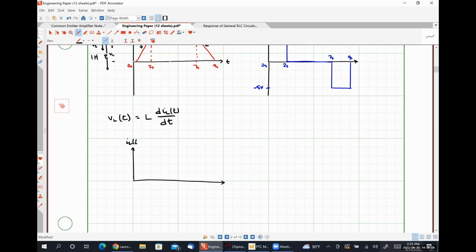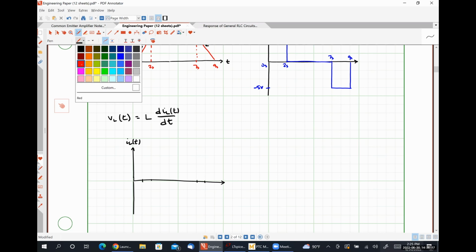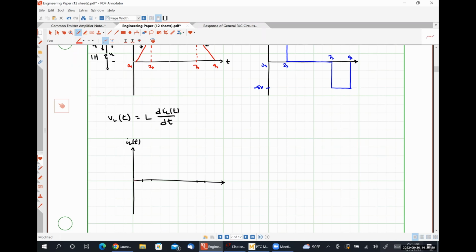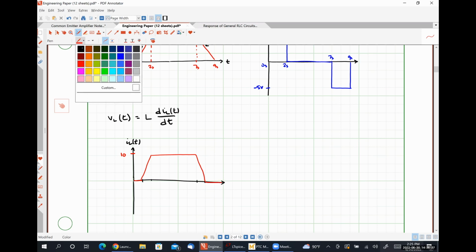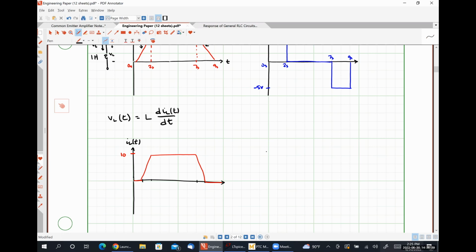So if this is IL of t, and now our current waveform looks like this. What we should expect to happen